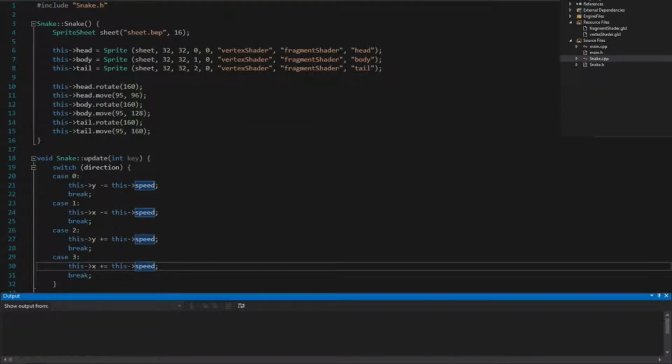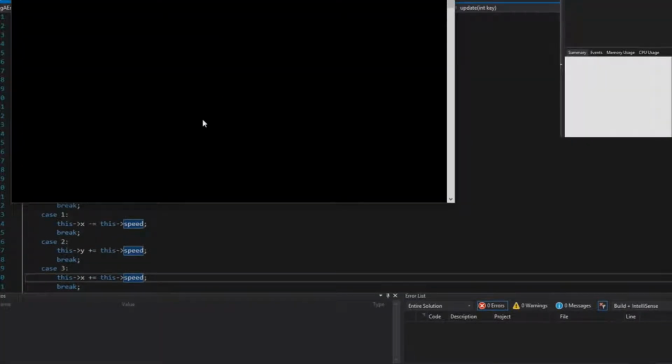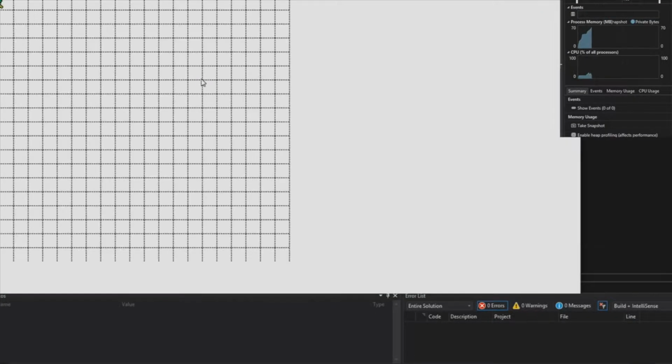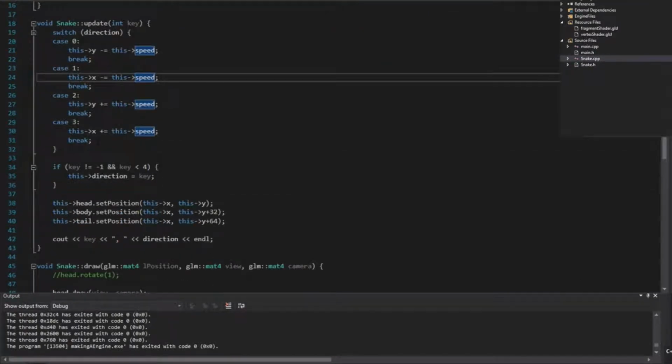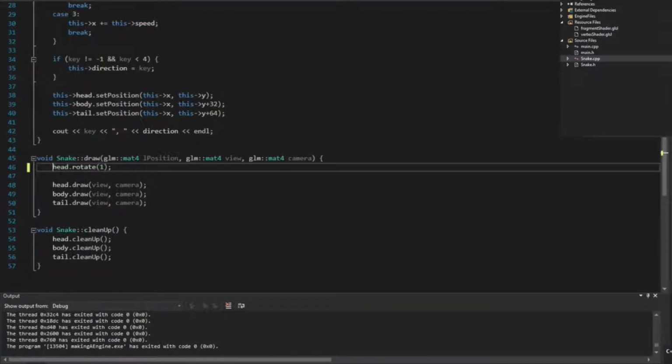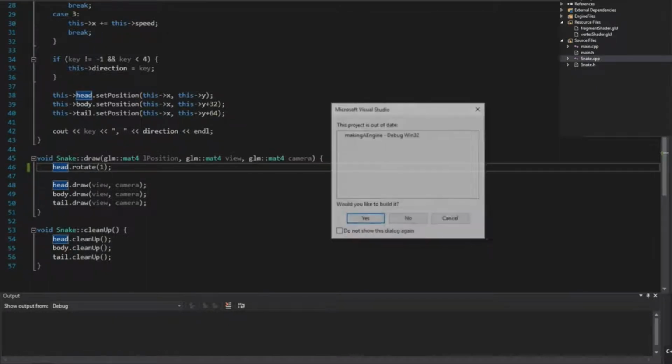I did lose an episode. Basically, I didn't do a lot. I made a rotation function for the snake, and I made the snake constantly moving. I did an update function, basically, is all I've done. But I've also added a rotation thing, so I can, here where I'm drawing, if you see me do this,